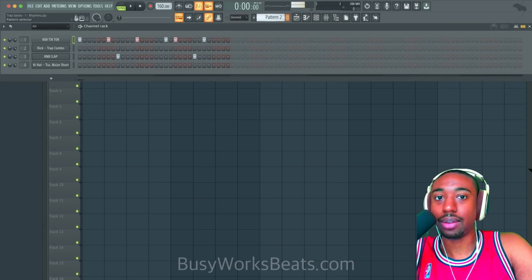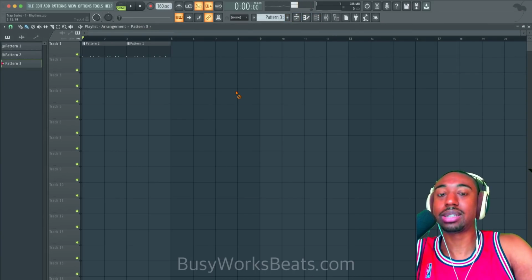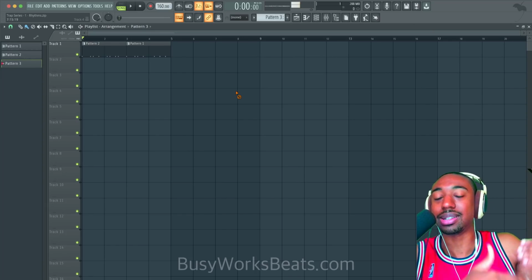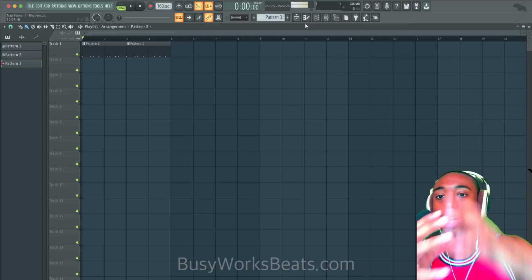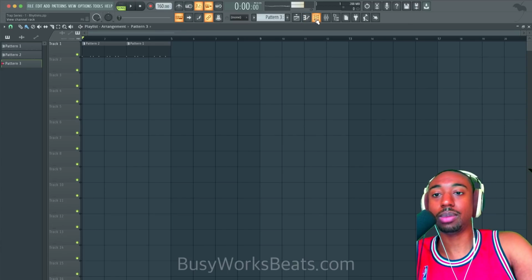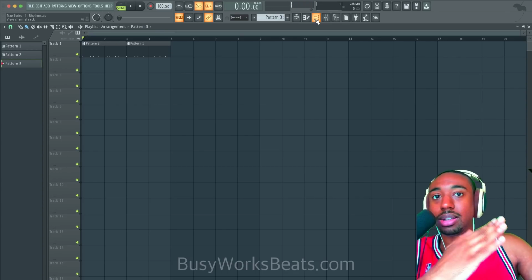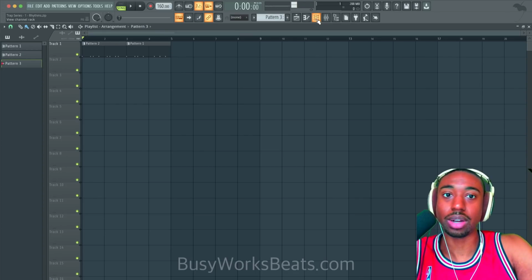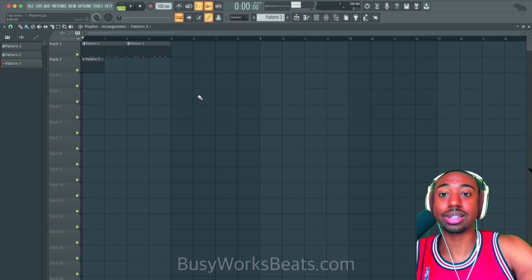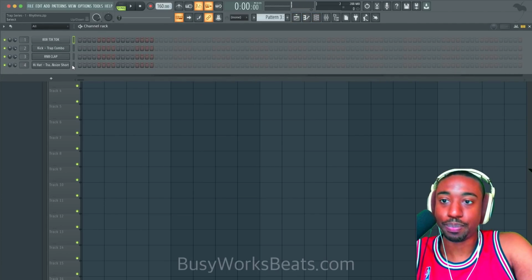I like to separate everything. I like to separate my hi-hats because when it comes to arrangement time, you can do a lot of cool things if you start separating sounds. Most people build everything in one pattern and then copy it and change something. The problem with that is when it comes to arrangement, it's very hard to make simple changes on the playlist screen. So it's a better habit to separate things into different patterns. That's step one: separate your hi-hats if you can.